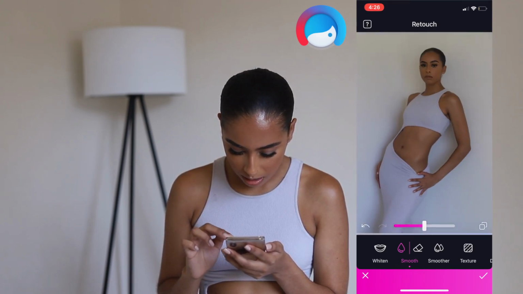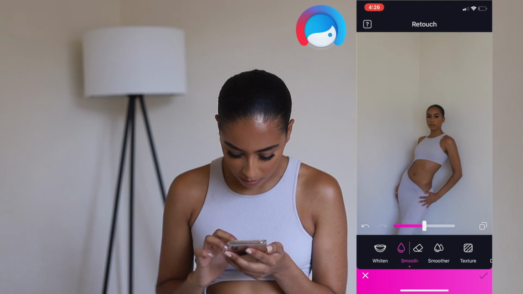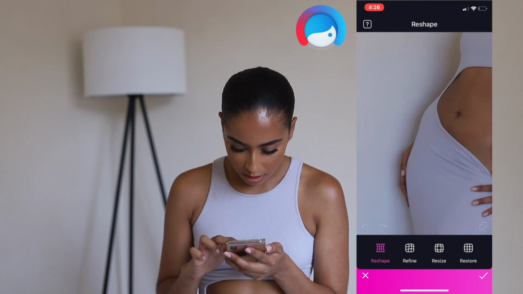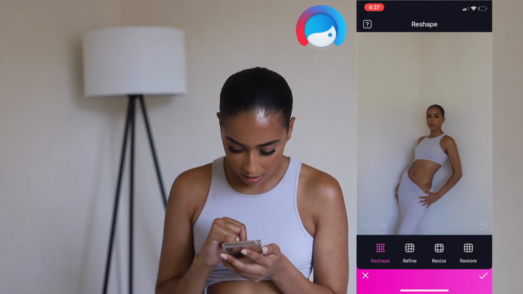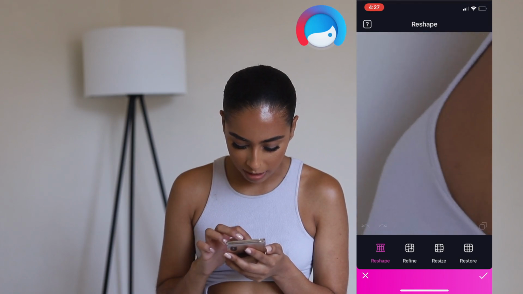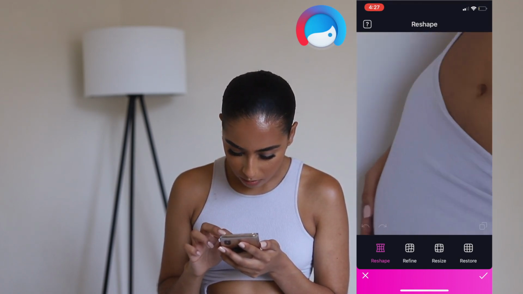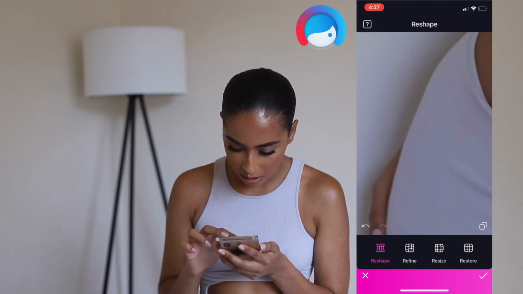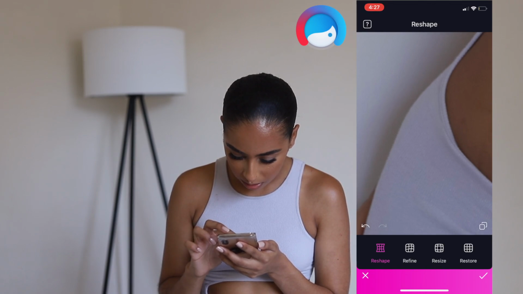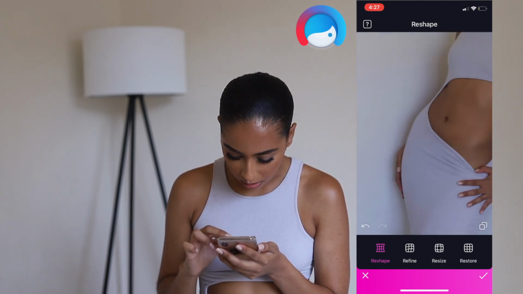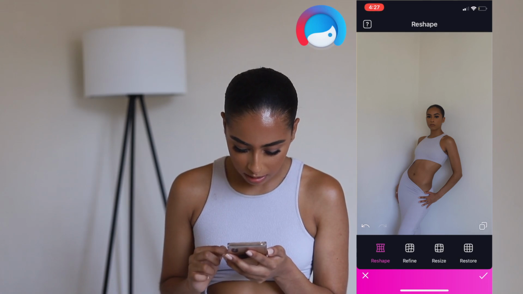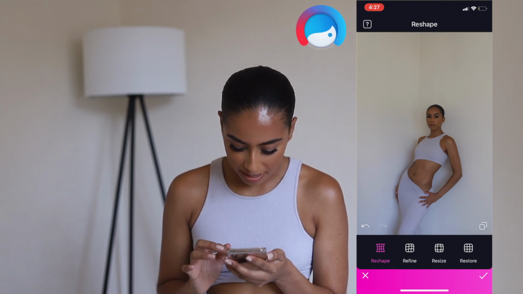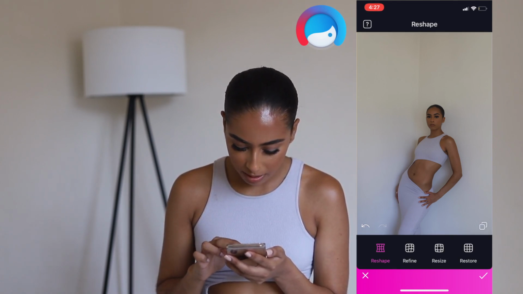And then sometimes I do edit my body, so my waist looks pretty snatched. The only thing is, I just don't like how right here it's like bulging out. It just looks very awkward to me. So I'm gonna adjust this so it just matches a little bit. The key to this is really zooming in, so it's not hella noticeable. As you can see, that looks a lot better than the hip dip, okay? I don't know, I'm just not fucking with it. So I'm gonna edit that,